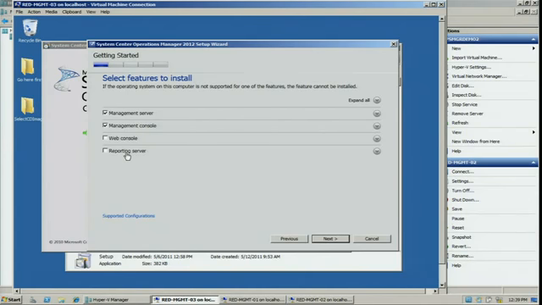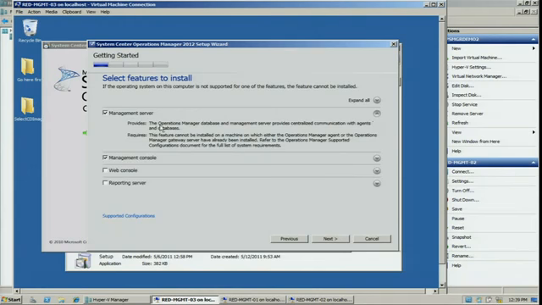So we made sure to get that in there so you don't have to keep running multiple setups. You can just do it all in one shot if you want to do an all-in-one install. As you can see, you can actually go ahead and hit the little down arrow here, and you can get a description. You can not only see, what does this service do, what does this component do, but